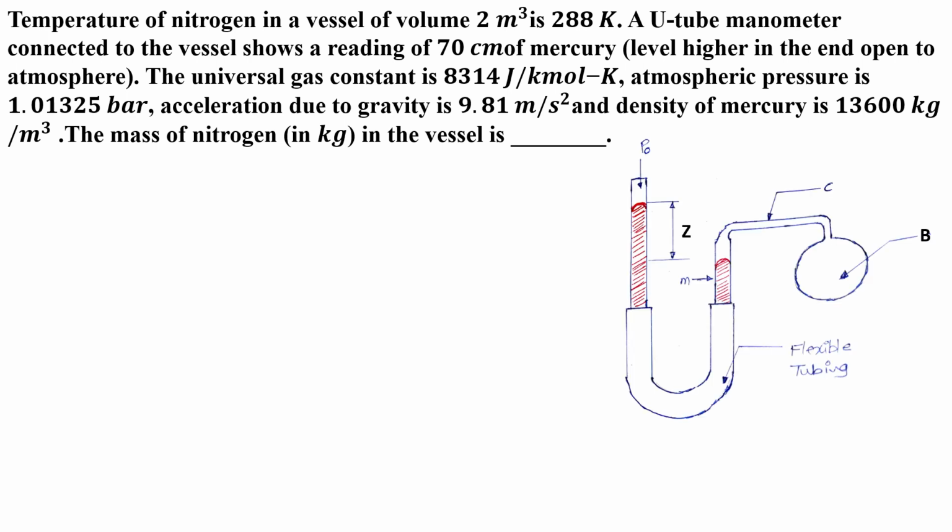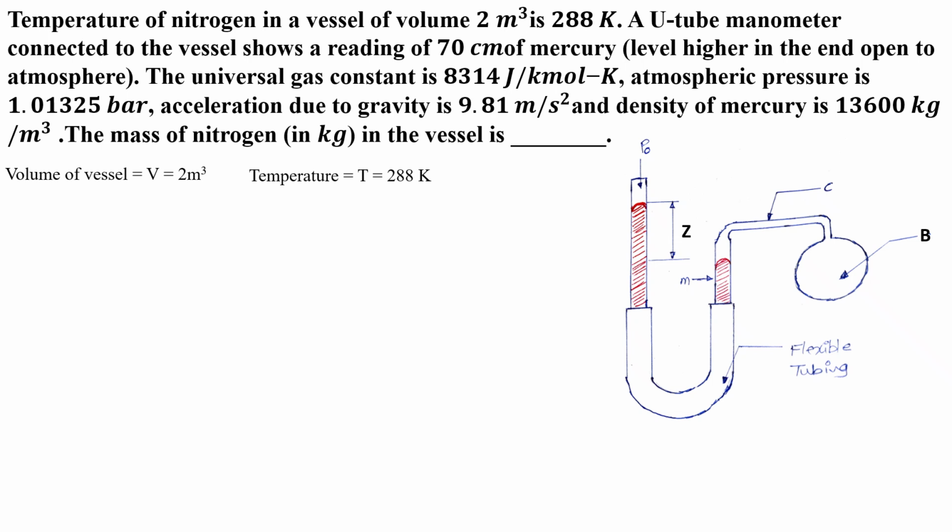So this is the U-tube manometer. In the previous lectures we already discussed it. Next I have to write down the given data. The volume of the vessel, capital V, equals 2 meter cube, and the temperature of the gas is also given, that is capital T equals 288 Kelvin, and the manometer height of the mercury